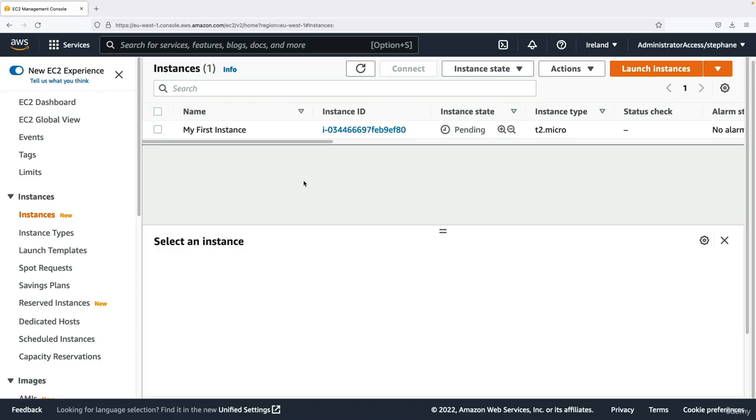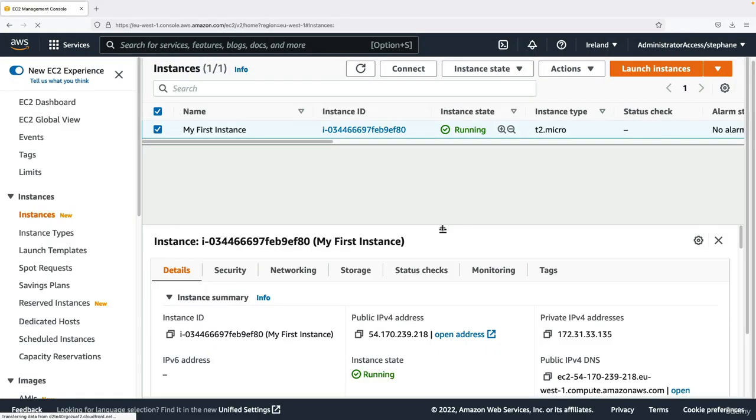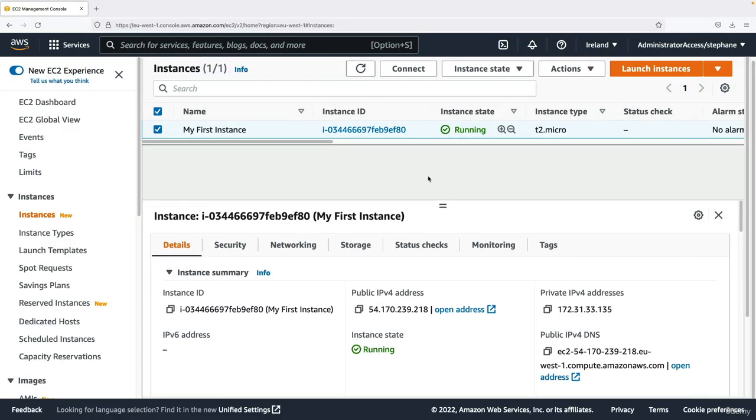That is extremely powerful, and we just scratched the surface of the power of the cloud, obviously, because the course is just getting started, but you can get a feeling of the advances and the speed we can have on the cloud thanks to this. As you can see now, my instance is running, and I want to show you a few things, okay? The first one is that the instance name is my first instance, and there's an instance ID,